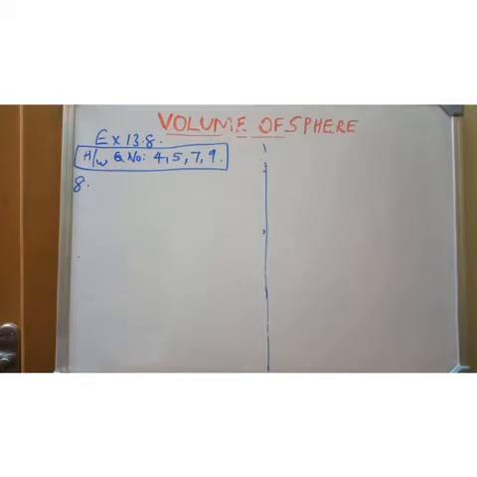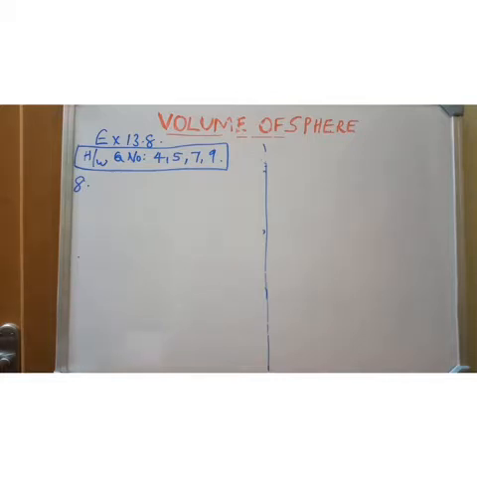If r is the radius of the hemisphere dome and rupees 2 per square meter they are given, isn't it? So, what will be the cost of whitewashing? Curved surface area into rupees 2. That value only they are given as 498.96. So, first from this we must find out the r square value. Then taking square root we will get the r value.